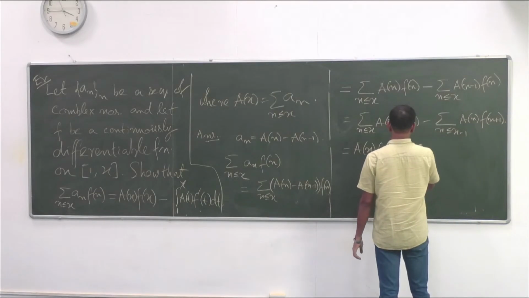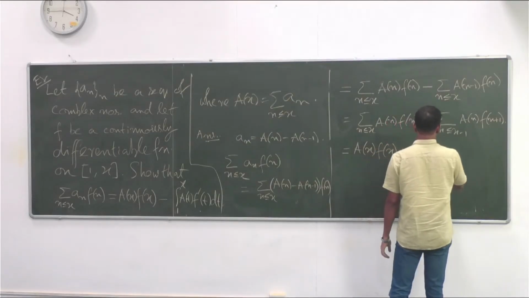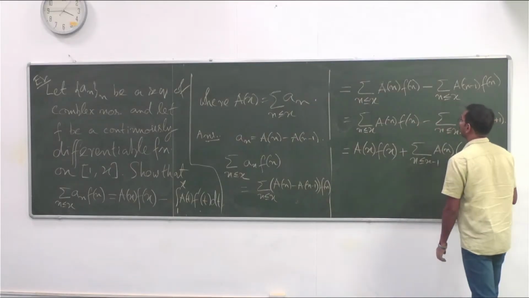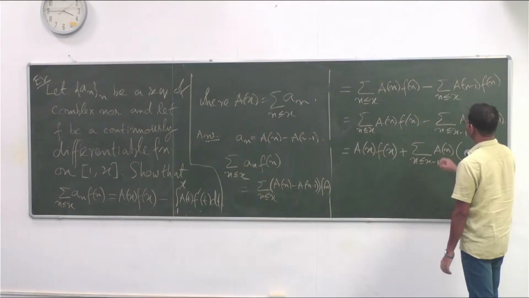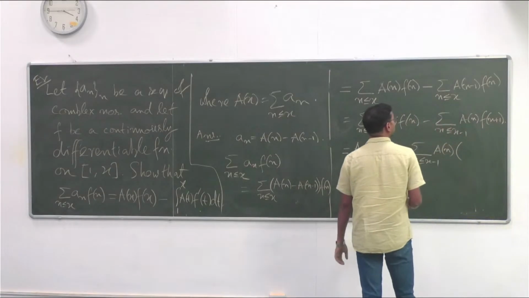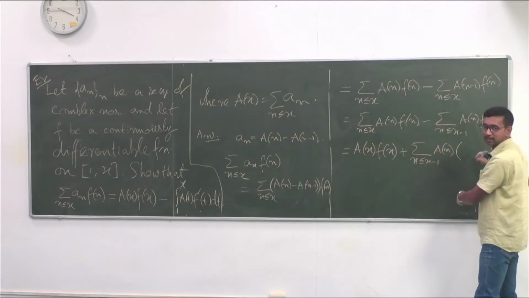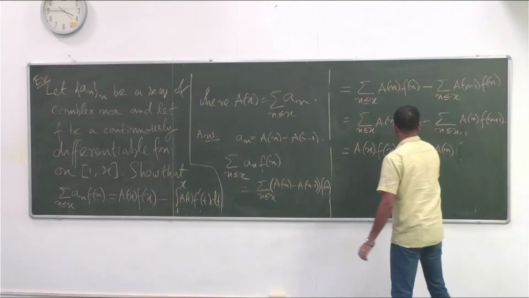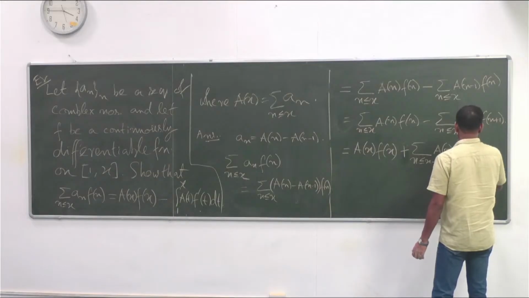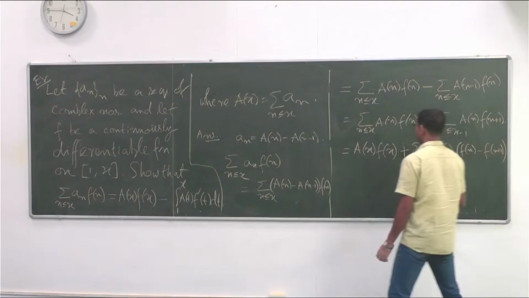So this becomes plus summation over n less than or equal to x minus 1 of a_n times, okay, if we take the minus sign outside, then it will be f(n+1) minus f(n), or the integral. Okay, let's at first go step by step. So this is f(n) minus f(n+1), which is equal to